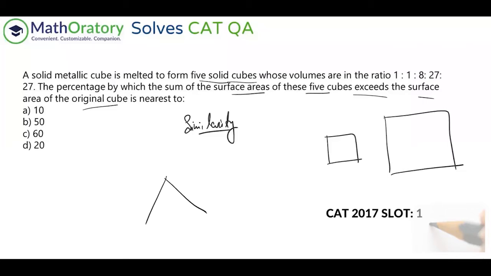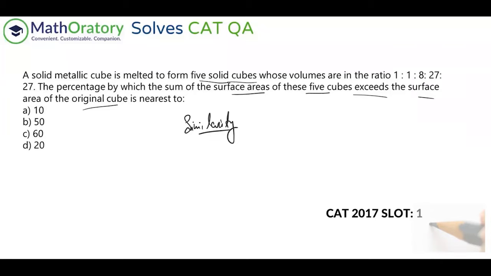Two equilateral triangles are always similar to each other. Two circles are always similar to each other. Even cubes, I mean 3D objects. It's not a cuboid. Cuboid may not be similar, depends on the ratio of the length, breadth, and height. But two cubes are always similar to each other.